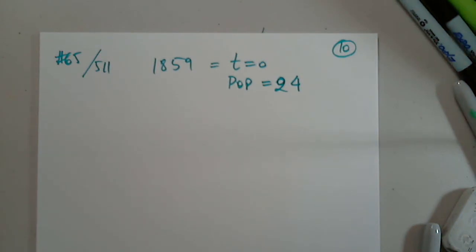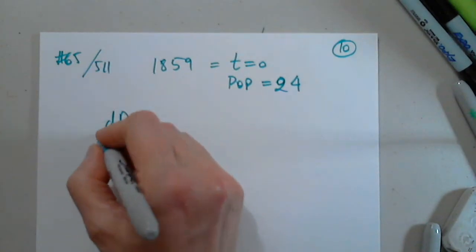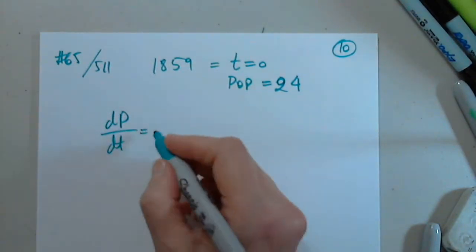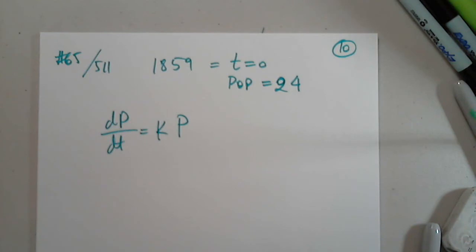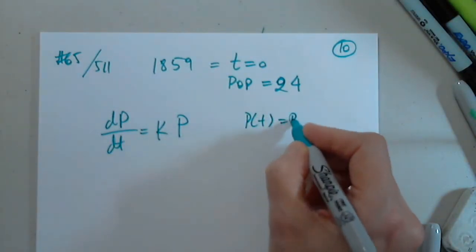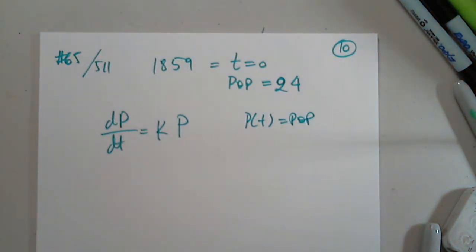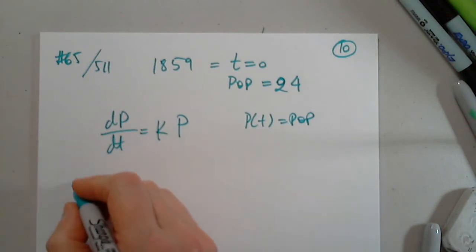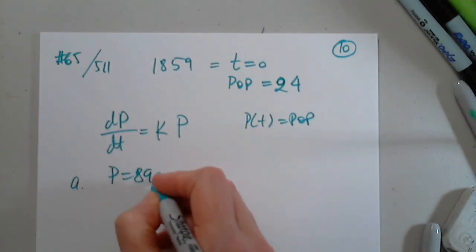Without natural predators, the growth of the Australian rabbit population can be modeled by the uninhibited growth model. We are given dp over dt equals a constant times the population, where p of t is the population of rabbits. Okay, so p of t, I'm taking notes, population, and t years after 1959, so t equals 0 represents 1959. When the rabbit population was estimated to be 8,900, so part A, population 8,900,